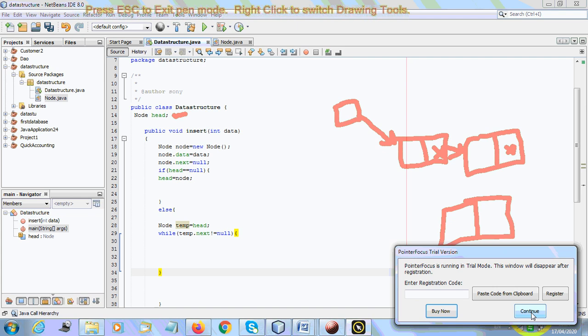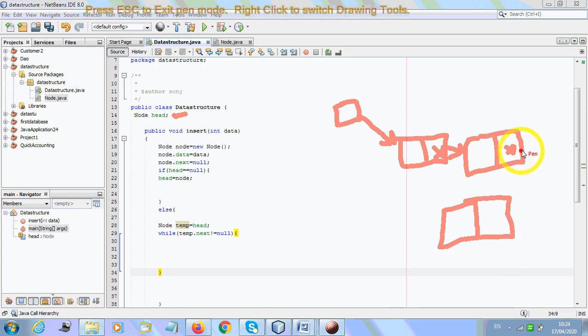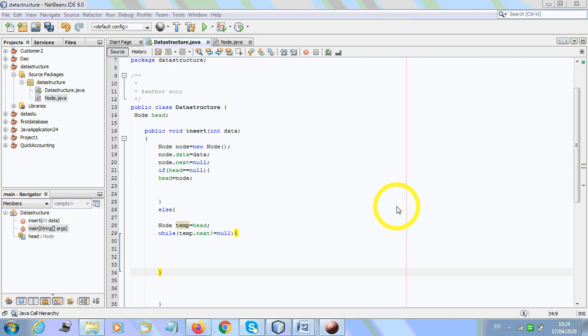We want to insert it here itself. Okay, so what we'll have to do? Null, we are going to get outside of this loop, and what we will have to put is the address of this node here. So we are going to put the address of this node here itself. See how we are going to get these things.